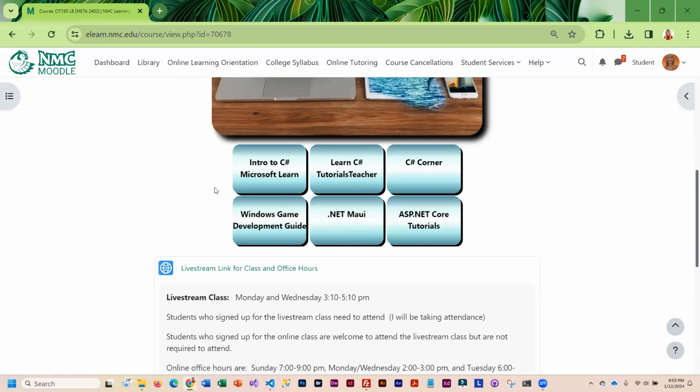We will be covering advanced C#, and we will also get into .NET MAUI, which is the newest framework for cross-platform mobile apps. We will also be learning .NET. So I've included links to all of those different types of resources for you.